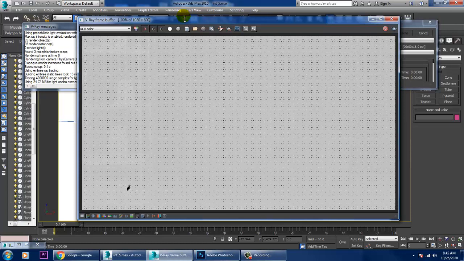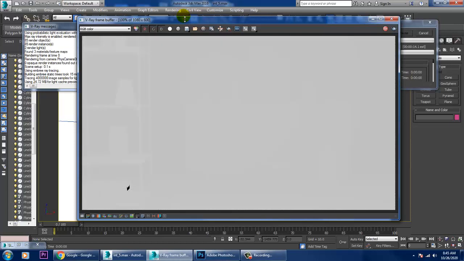So that's what we also call over here as ambient occlusion. So it's rendering it.